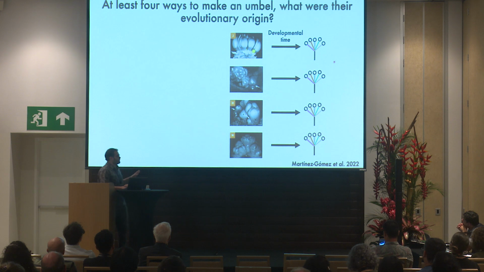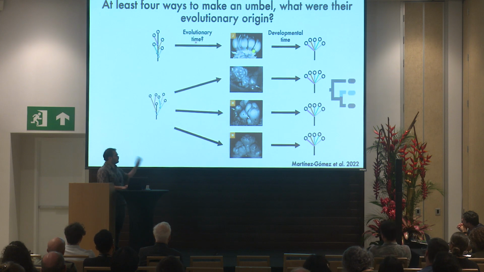So I've shown you this. This really highlighted that there are different ways to make an umbel through developmental time, right? But this hasn't tested the hypothesis over evolutionary time. Are you getting umbellate structures from the respective types? And for that, we need to make an inference of the ancestral condition of an umbel. Because we might get a situation where